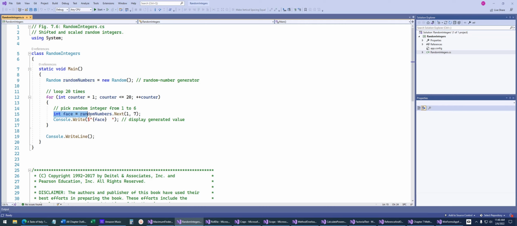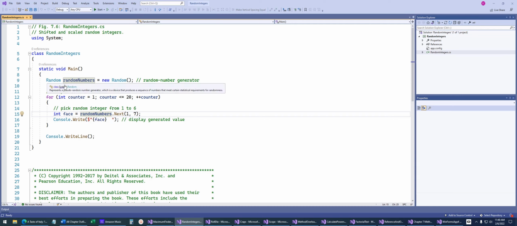Down here, we're going to use the Random class to pick a number between 1 and 6. So this number is inclusive, this number is exclusive. So it's between 1 and 6. I don't know why. They could have programmed this to be 6, but they just chose to make the method this way. Don't ask me why. But notice how I can just say